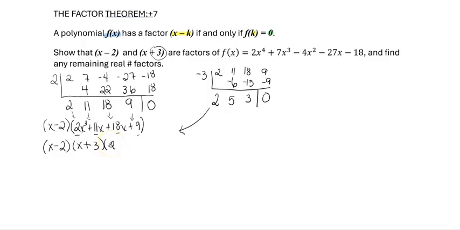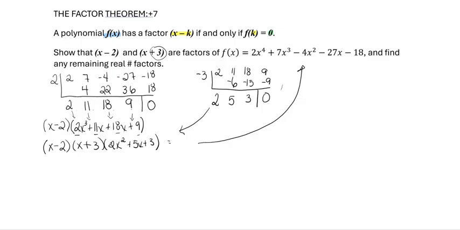Sorry about that. Now I'm going to go down one more power, so it's 2x squared plus 5x plus 3 equals my original polynomial. I factored it first to get my x minus 2 as a factor, to show that x minus 2 is a factor. Then I used the coefficients of my new polynomial that came from the answers to my first synthetic division problem to create a new synthetic division problem, and I was showing you that x plus 3